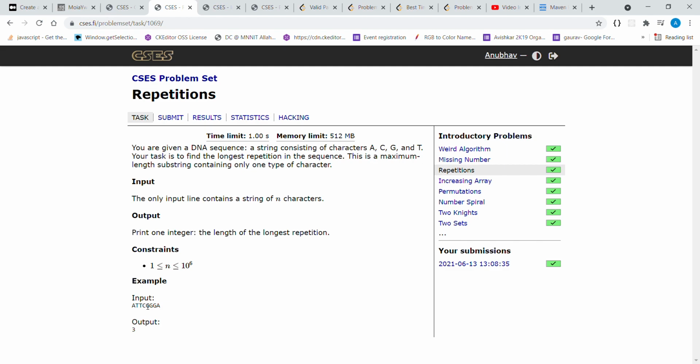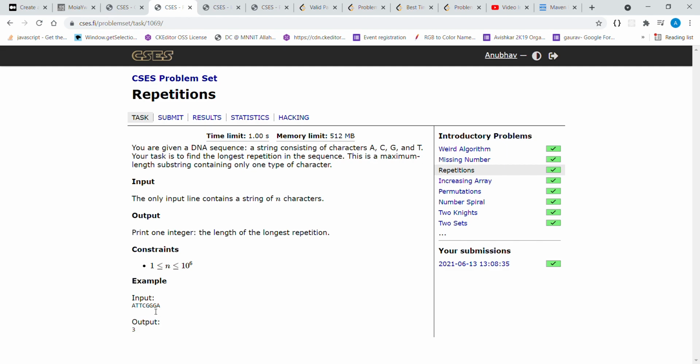Now my i value is updated to 3, which is the index where c is present. In this iteration j starts from the third index, and we will check up till that point where it's no longer equal to c.